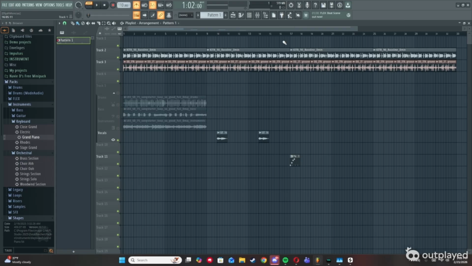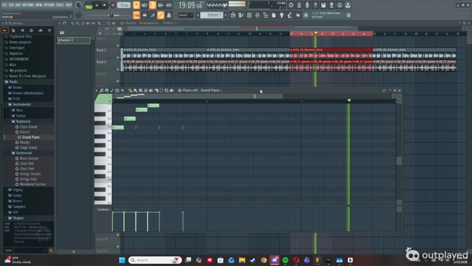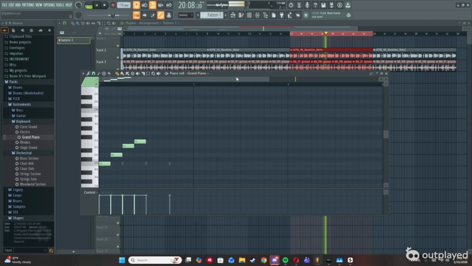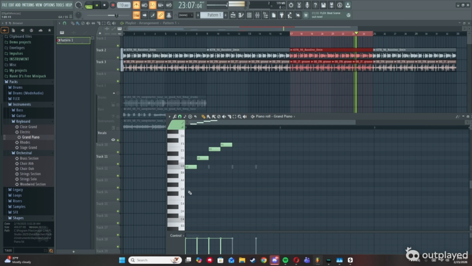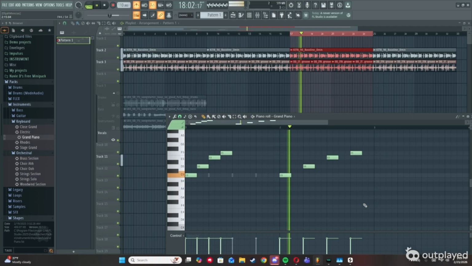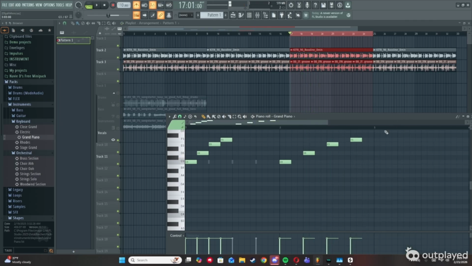Then I'll loop a section where I want the pattern to be, and I'll play the song. Then I'll edit the pattern so I can hear it with everything. This is probably not how you're supposed to do it. This is how I do it right now. So we're just gonna add some random notes. Okay, this is kind of bad, but